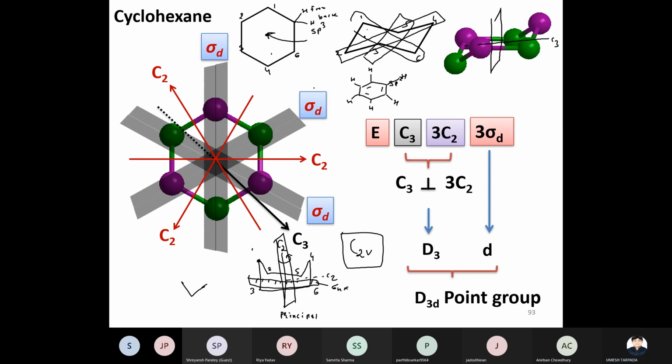because point group is related to shape. ओके, तो ये जो चेयर फॉर्म है तो D3D आ गए, इसी तरह इक्लिप्स, इसलिए मैंने यहाँ पे बोट फॉर्म भी लिखा है, बोट कन्फर्मेशन, तो बोट में उनका पॉइंट ग्रुप है वो C2 ही आ जाएगा, ओके सर। ये स्टेबल नहीं होगा इसलिए, है ना।